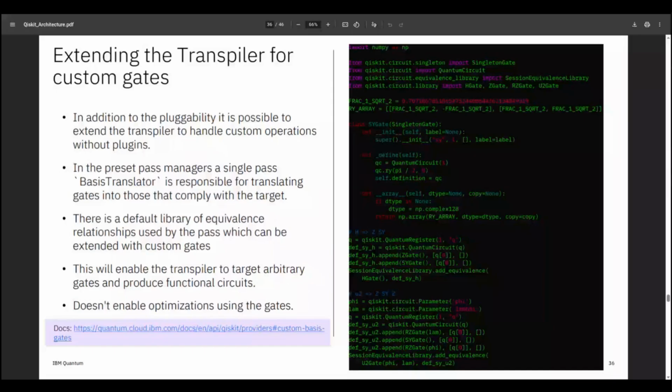That pass has a giant library of equivalence relationships between different operations. So it says, like, a Hadamard gate is implemented this way with these gates, and it traverses that library. It's actually a giant graph, and it does recursive substitution until it finds a path through the graph from what your target supports to what's in the circuit, and then it does that substitution throughout the circuit. And so you can just extend that library of equivalence relationships with your custom gate definition. So you tell that library, okay, here are some standard gates that Qiskit knows about. Here's how you translate from that to what